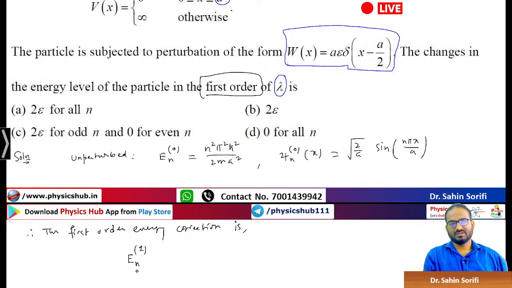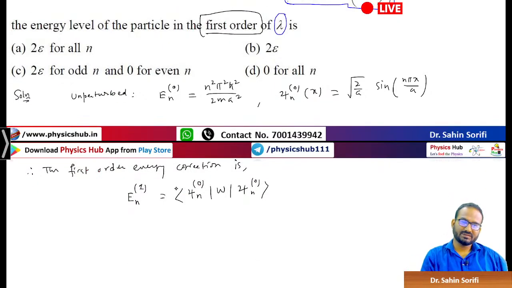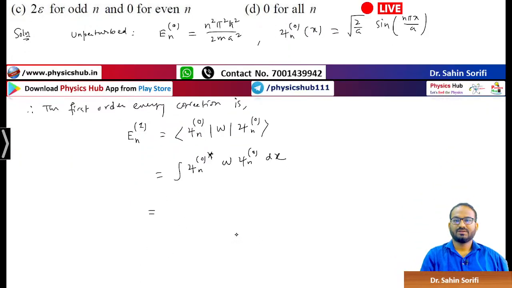So obviously this will be psi n 0 W psi n 0, right? Here psi n 0 is the unperturbed state. This is equal to the integral of psi n 0 star W psi n 0 dx, and this is nothing but, you see,